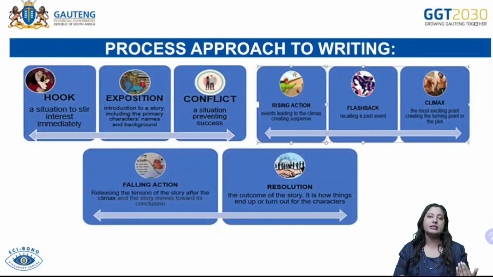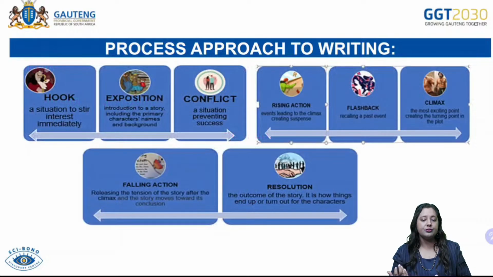So the first thing you need to ensure is that you have got a hook in that particular essay. So your first paragraph, your introduction, is most likely going to be the hook paragraph, okay? It's going to create, or you're going to create a situation in that introduction that's going to stir my interest to read your piece further, okay? Then